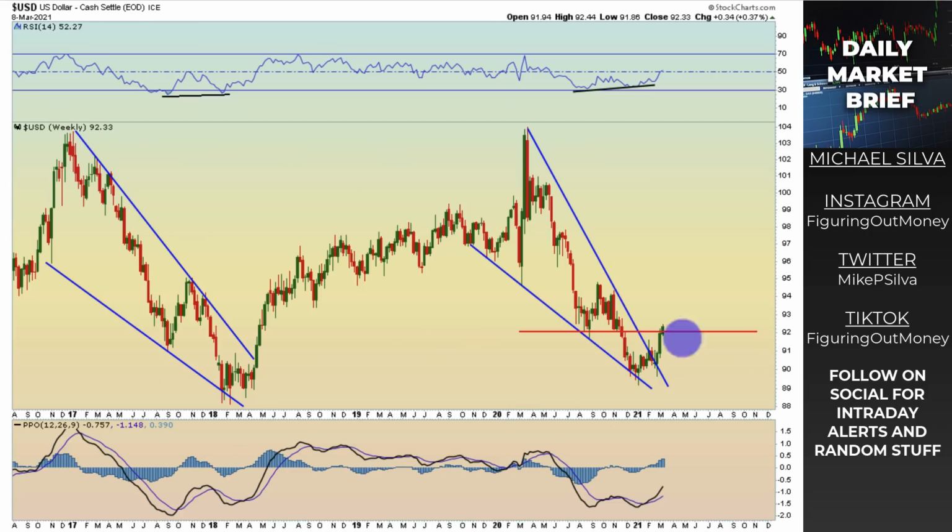From the weekly perspective, this looks like just a solid breakout so far. So no complaints here. But like I said, if the Fed steps in, that'll send the dollar down. That can take out these lows right here, the 2018 low and the 2020 to 2021 low right here. So we'll see. We'll keep an eye on that. But as it stands right now, it's moving quite aggressively to the upside.